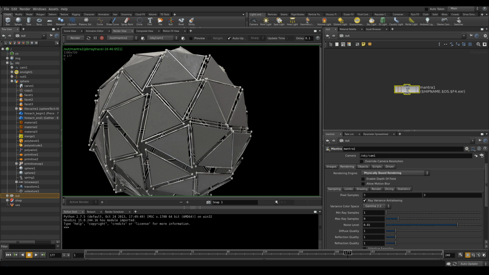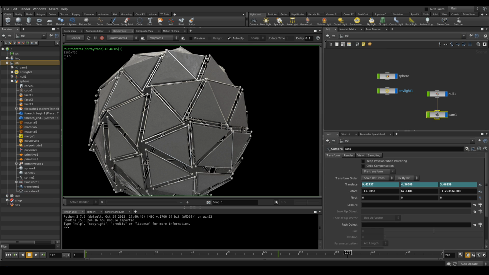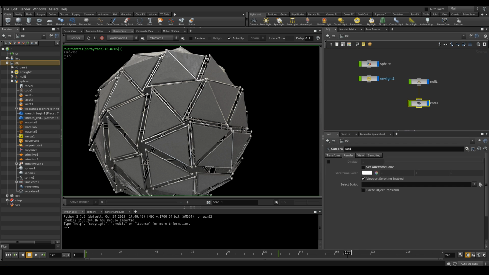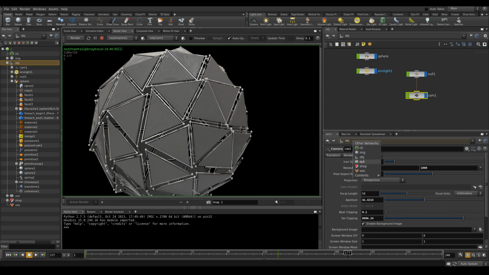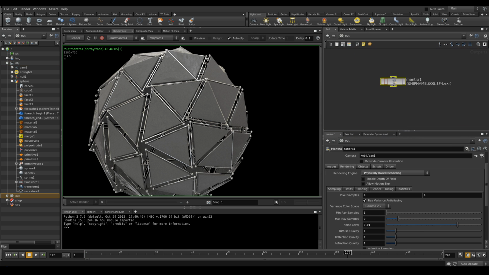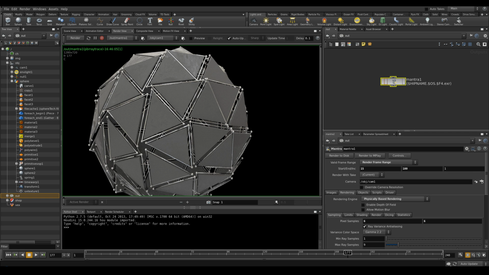Maybe something like 6 by 6 pixel samples as usual. And let's increase the resolution of our camera to something like 1920 by 1080, the HD format. Okay, and just before we launch the render and save the frames to the disk, let's go here to the